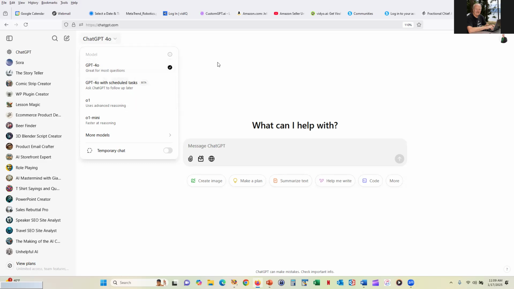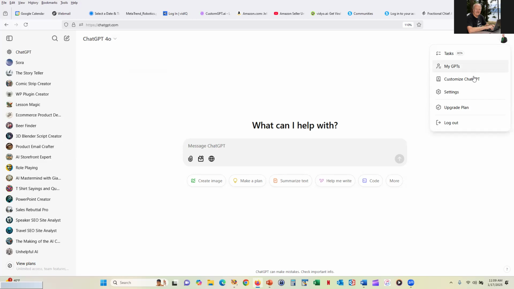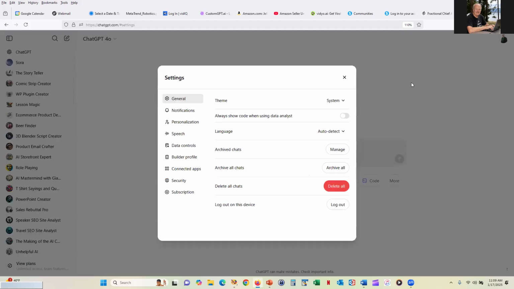It doesn't really matter which one we're going to use because what I want you to do is slide over to your image or the little settings icon, whichever you have in the upper right corner of your screen, and click on settings. Now, when you do this, there are a couple of things that I want you to be aware